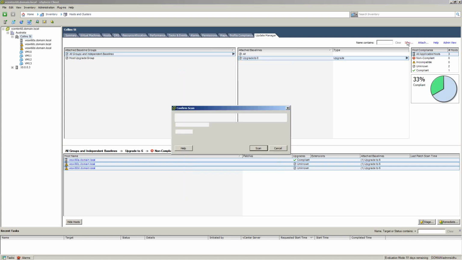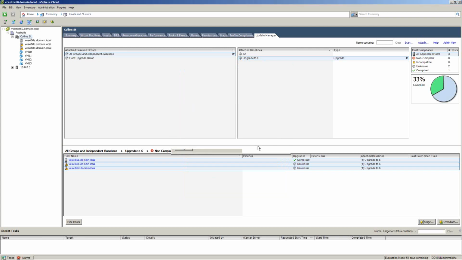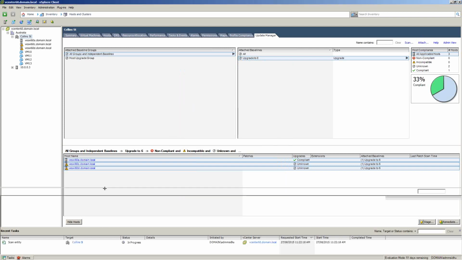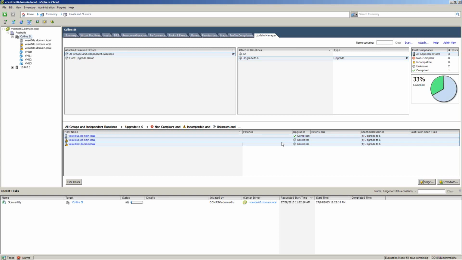So if you run a scan on the whole cluster, we're going to scan it for any upgrades. It just goes out and scans the entire cluster, and it's just going to throw this message here. It's just going to say that one host is compliant and the others are not. Oh, this will change to not compliant, and this blue will change to red, I think.